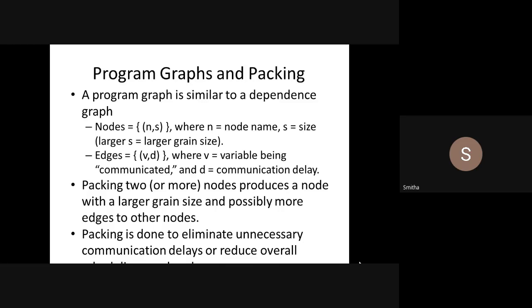V is nothing but the variable being communicated, and d is nothing but the delay in order to communicate with each other. So packing two nodes produces a node with a larger grain size and possibly more edges to other nodes. With the example, we'll understand. Packing is done to eliminate unnecessary communication delays or reduce overall scheduling overhead. That was one of the advantages of fine grain systems. So in order to overcome that, we are introducing